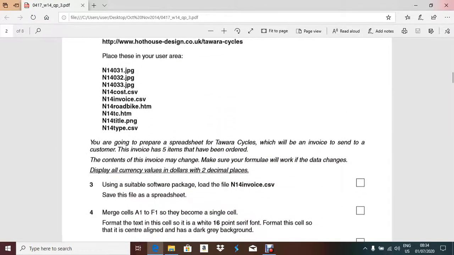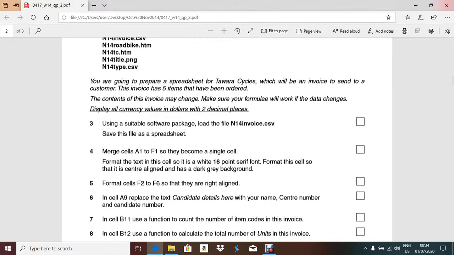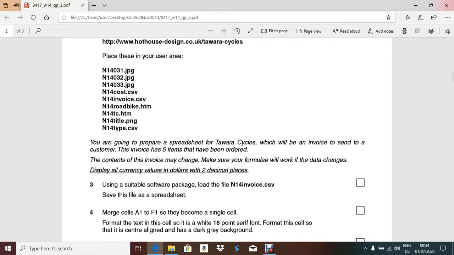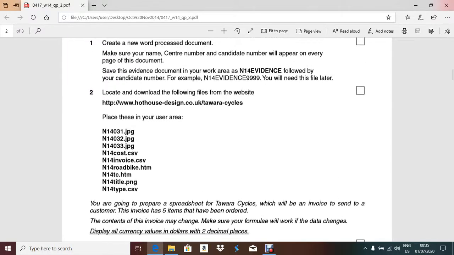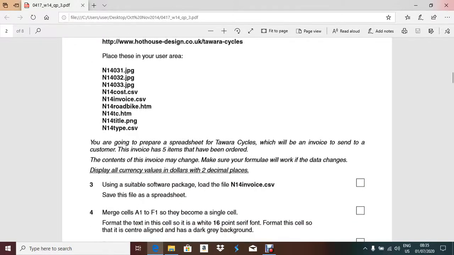The spreadsheet part belongs to the first part of this question paper. Before doing any question, you have to read the statement given by the examiner. This one is just for downloading the files which you will get in your computer in the exam time. You are going to prepare a spreadsheet for Tawara cycles which will be an invoice to send to a customer.